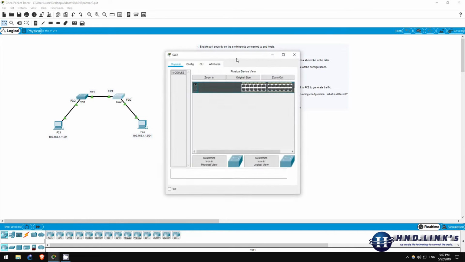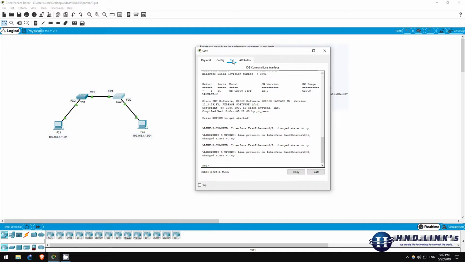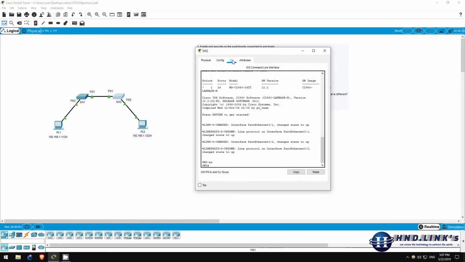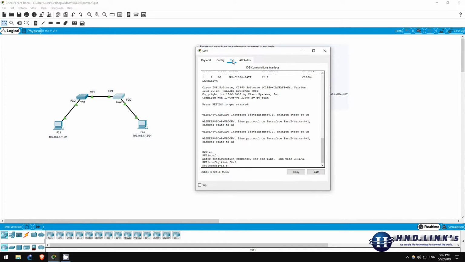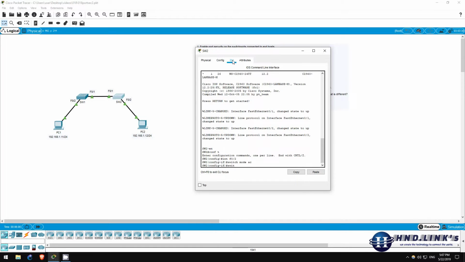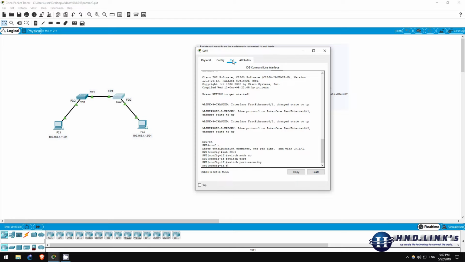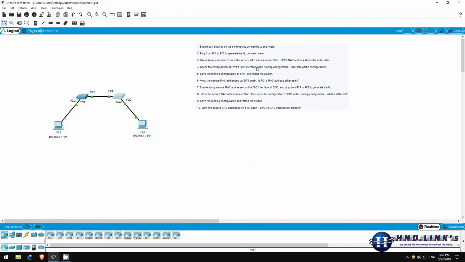Now let's do the same on switch 2. Enable, conf t, interface F0/2, switchport mode access. Switchport port-security. Now let's go straight into step 2, which is to ping from PC1 to PC2 to